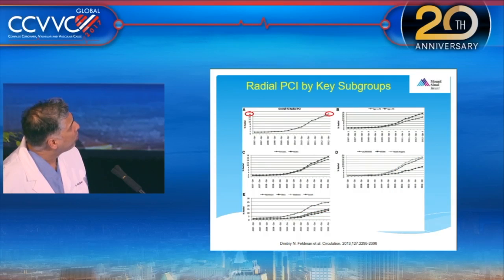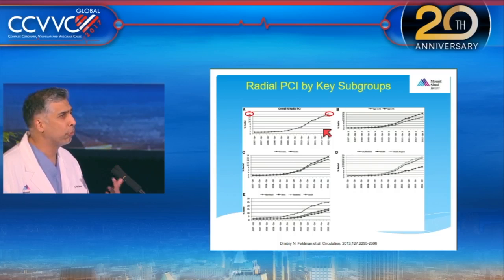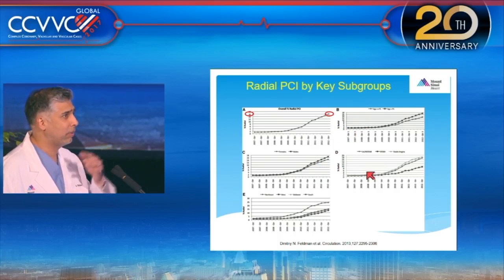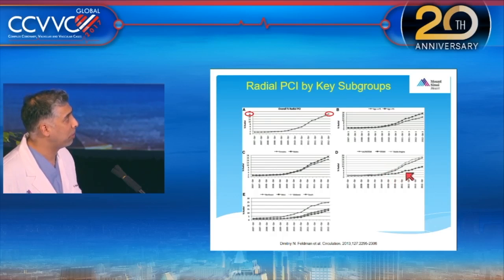This was in 2013. There was about a 16% utilization for PCI in America. These are subgroups. Interestingly, the PCI growth was greatest in younger patients less than 75, men over women, those with not ST elevation MI presentations, either stable or non-STEMI. So the STEMI patients lagged in their growth of radial utilization. And then more so in the Northeast